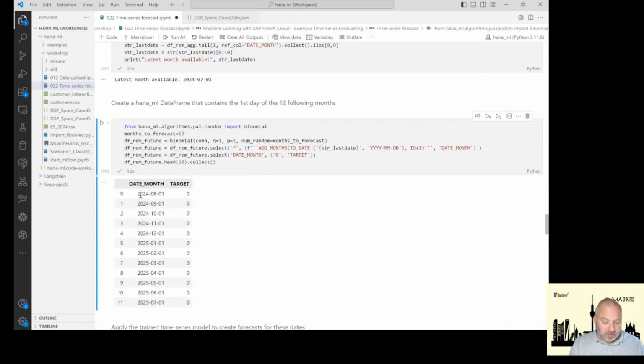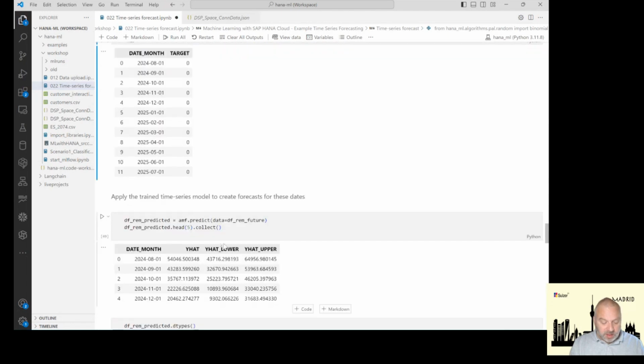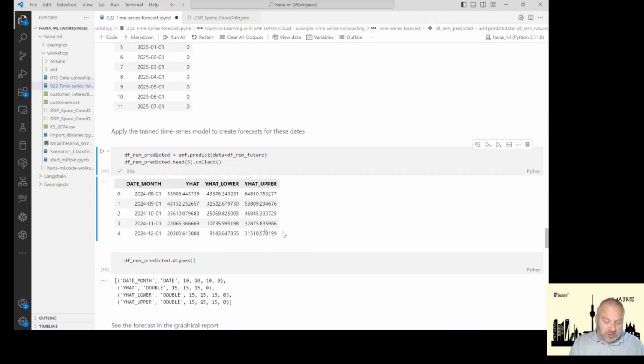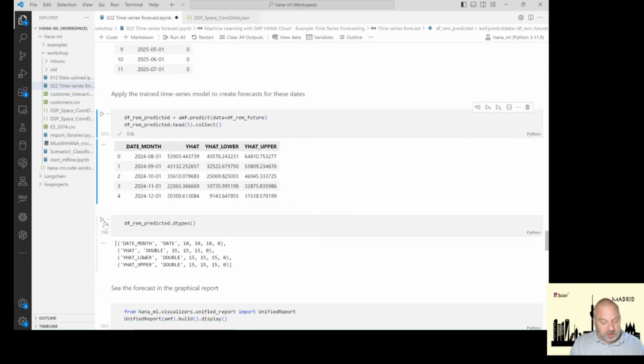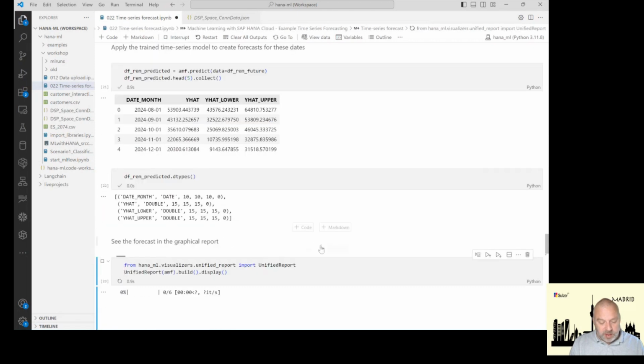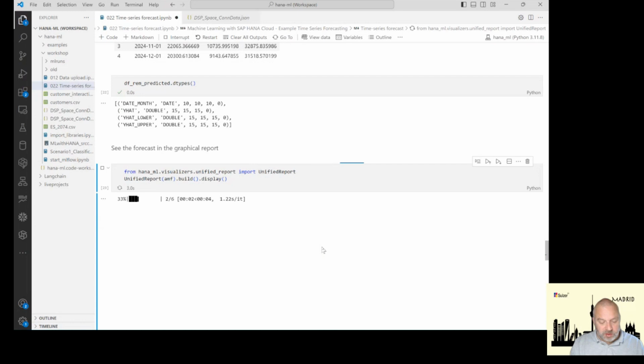So these are the months to be forecasted. We have no target values yet. But now we do the forecast. We apply our model to the data in order to get a forecast for the months that we have prepared here. These are the numbers, the output, still not easy to fully understand. But again, as we have our unified report,